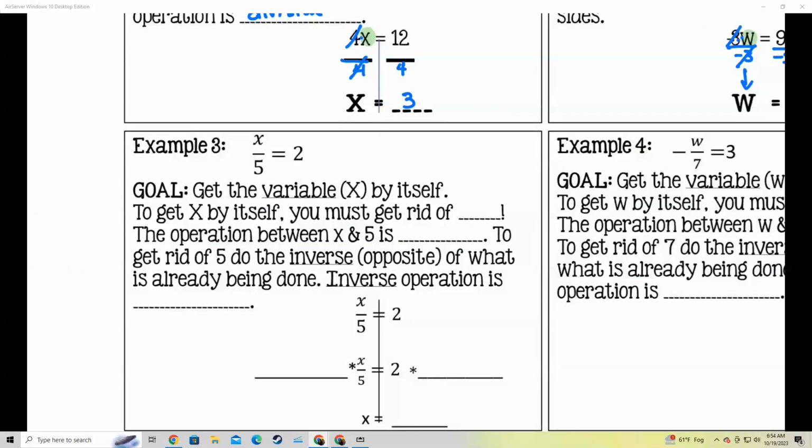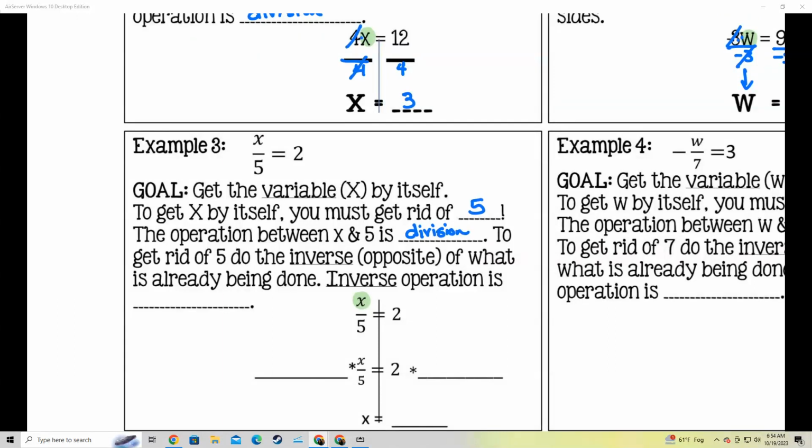Okay, my goal is to get the variable x by itself. Let me go ahead and highlight that x. To get the x by itself, you must get rid of the 5. The operation between x and 5 is division. Remember that the line in between numbers means we are dividing. To get rid of the 5,